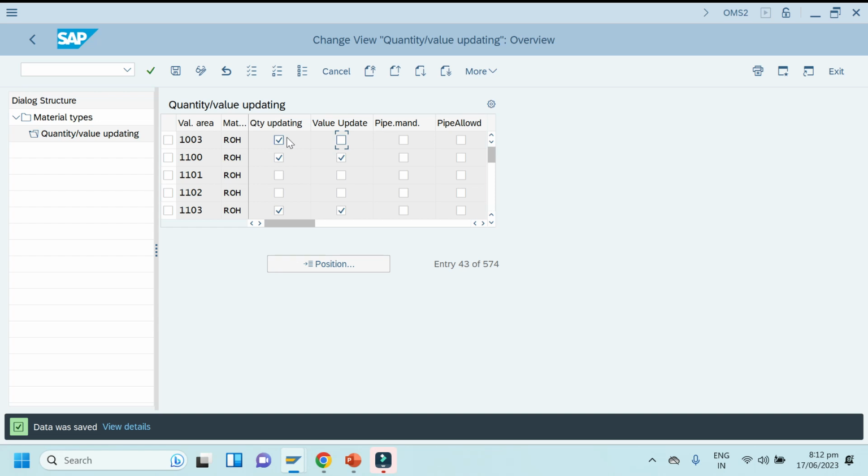that is, account assignment category is mandatory in PR and PO, and after GR, write like this, after GR material is placed in a store on quantity basis only,